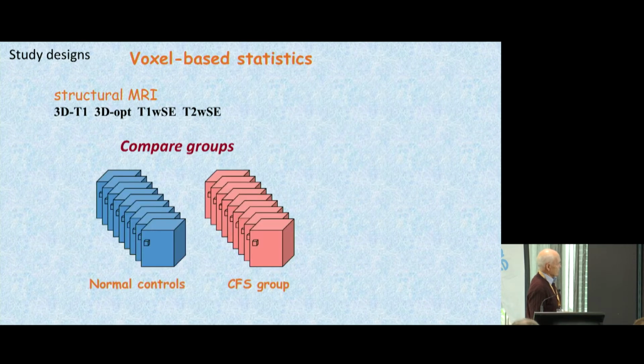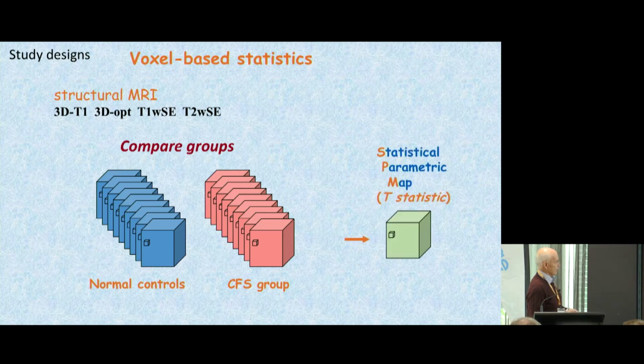So the simplest design is simply to get 2 groups of patients, one being chronic fatigue, the other controls, and compare the groups. And basically that's looking at the values in the test voxel, in the controls and in the chronic fatigues, working out the means, working out the standard deviations, and doing your standard statistical tests. So there's nothing different about what is done at the voxel level, but you do that for all of the